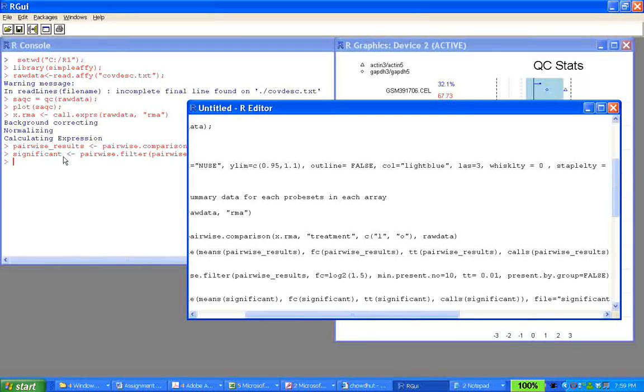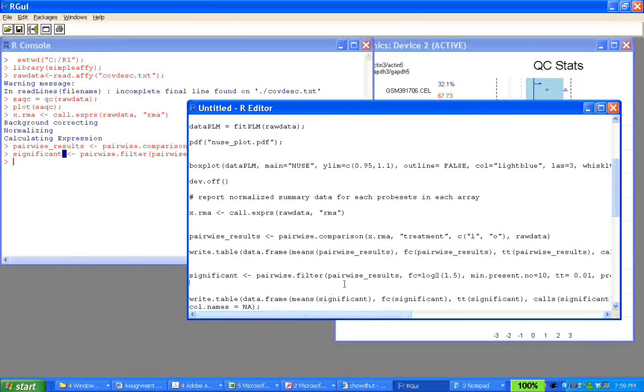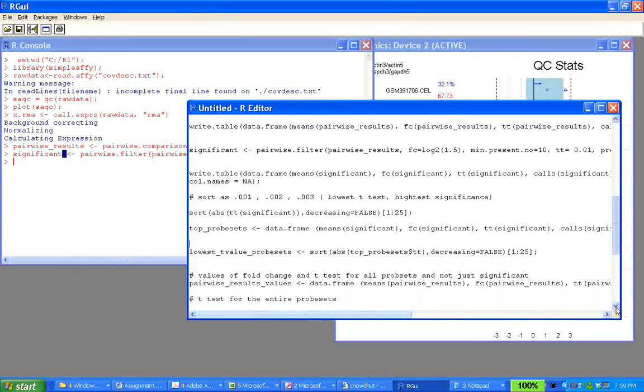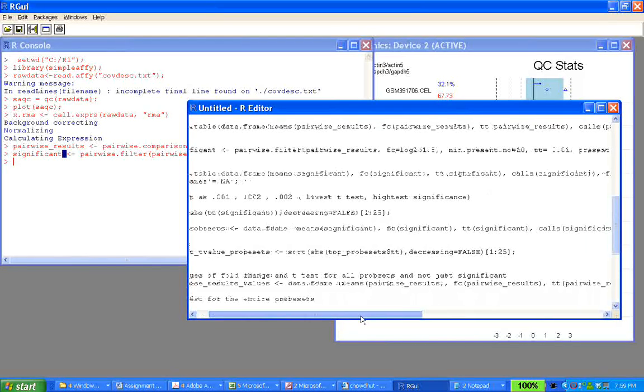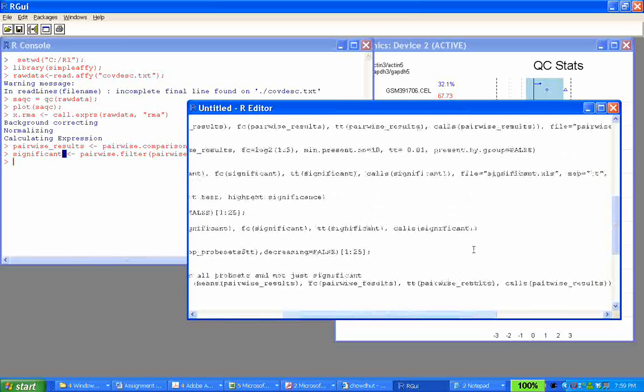So from the pairwise result, you're going to get a test statistics and p-value for all of them, right? So what you're going to do here is get your top, you can do that and export it in Excel, so it's not important. For your top probe sets, you're only concerned about the 20 that you got from significant, right? So significant is the pair comp class. So what I do here is I save it into a frame,